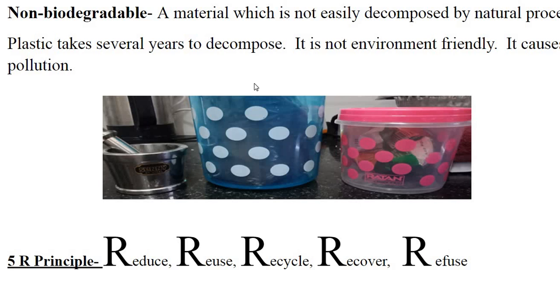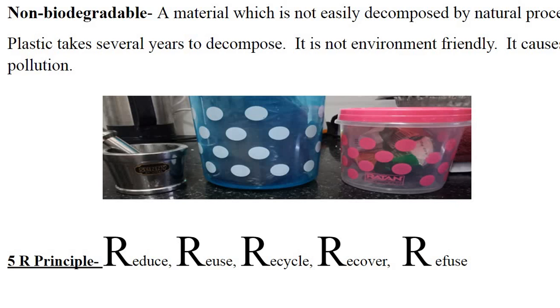So what is our responsibility? Avoid the use of plastics as far as possible. What you'll do is make use of bags made of cotton or jute when you go shopping. Completely avoid plastics. And one more thing you can do, the biodegradable and non-biodegradable waste should be collected separately and disposed of separately. And it's better to recycle plastic waste. Most of the thermoplastics can be recycled because thermoplastics can change their shape with heating.